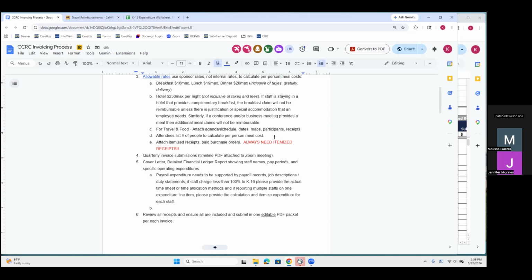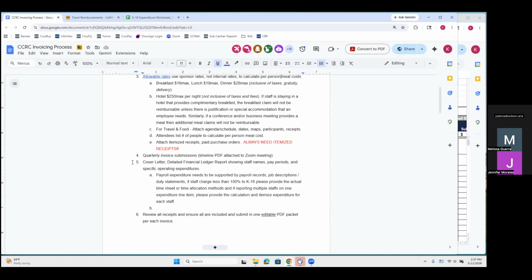But just make sure you include those so that we make sure that we're staying within our per meal cost limit. And I think I've already referenced the attached itemized receipts and paid purchase